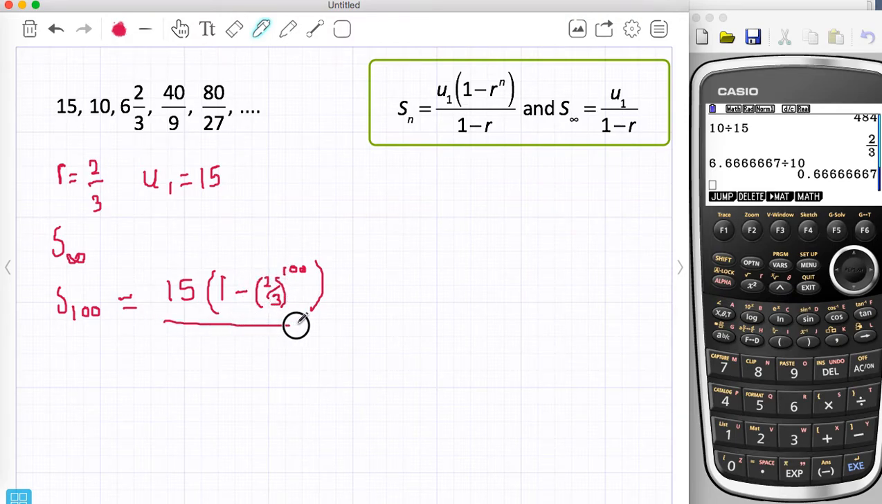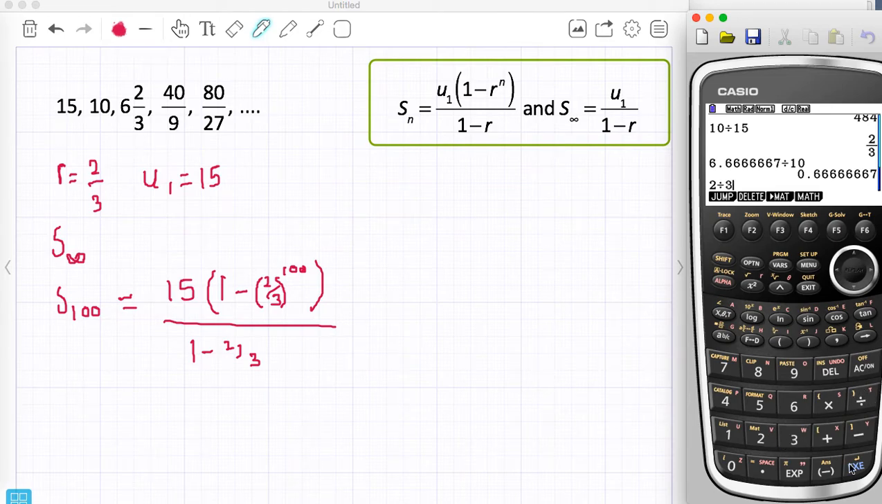Now I'm going to divide it by 1 minus r, using this formula, 1 minus 2/3. So I'm going to do this bit first: 2 divided by 3, and I want to put that to the power of 100. Now the answer that comes up is 2.45. It's not 2.45, it's 2.45 with this thing here, which means times 10 to the power of negative 18. Effectively that makes this an extremely small number,